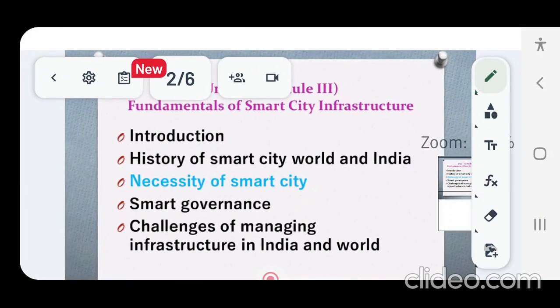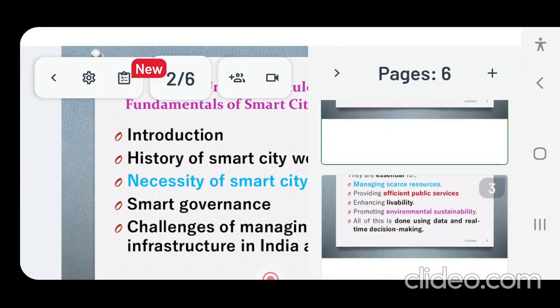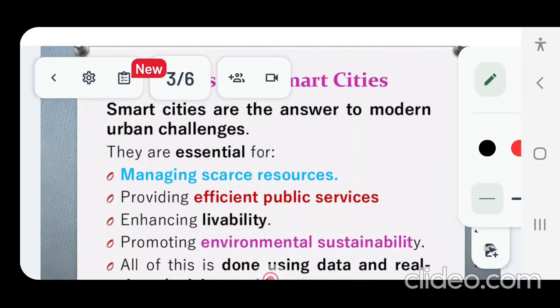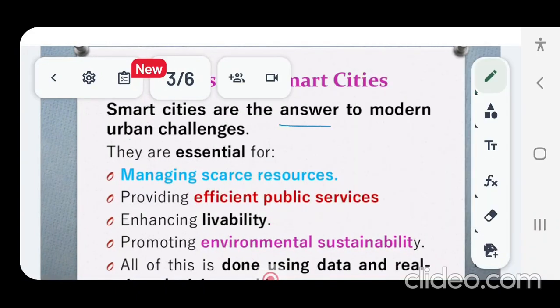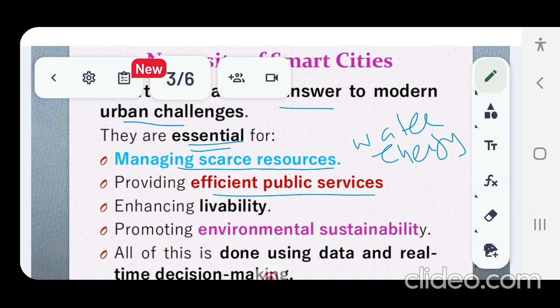Now we will be discussing module number 3 of unit 1, that is, why the smart city is necessary. Smart cities are actually the answer to modern urban challenges, and they are essential for managing scarce resources like water, electrical energy, etc. They are essential for providing efficient public services.